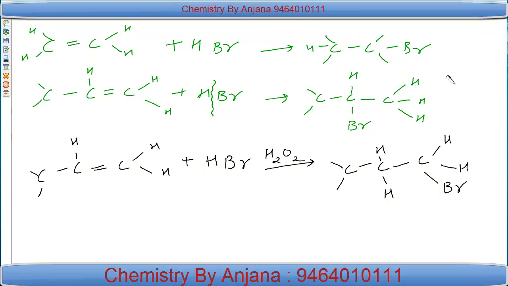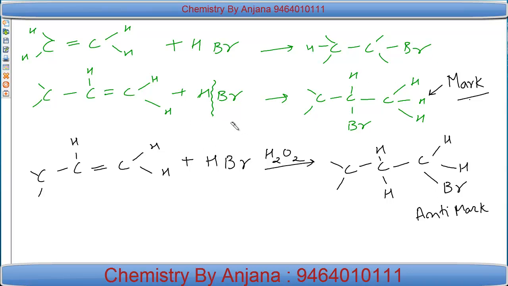सो अगर आप देखें, ये जो ऊपर हमने इधर बनाया था ये था हमारे पास मार्कोनिकोव प्रोडक्ट। अब मार्कोनिकोव प्रोडक्ट के बाद मैंने यहाँ पर आपको एंटी मार्कोनिकोव प्रोडक्ट बना के दिखाया है। सो मार्कोनिकोव और एंटी मार्कोनिकोव प्रोडक्ट में डिफरेंस क्या है? यहाँ पर rich becomes richer फॉलो होता है, यहाँ उसका जस्ट रिवर्स, and all this is decided by this हाइड्रोजन परऑक्साइड। अगर HBr के साथ हाइड्रोजन परऑक्साइड ले लिया, you will always get anti-Markovnikov product,